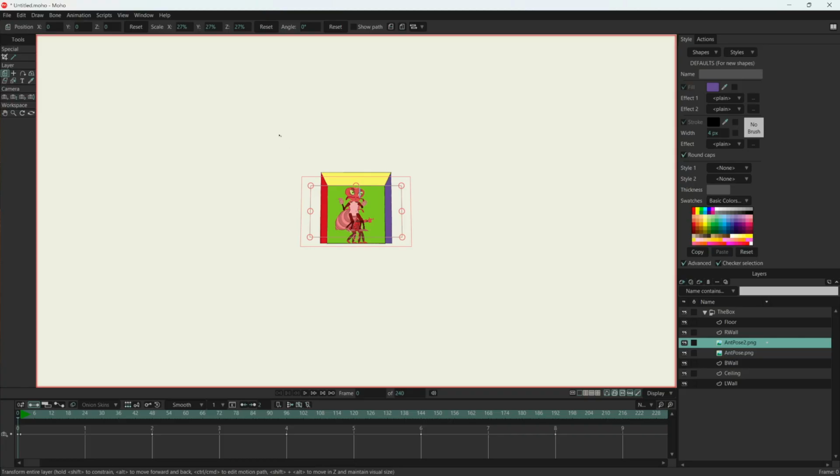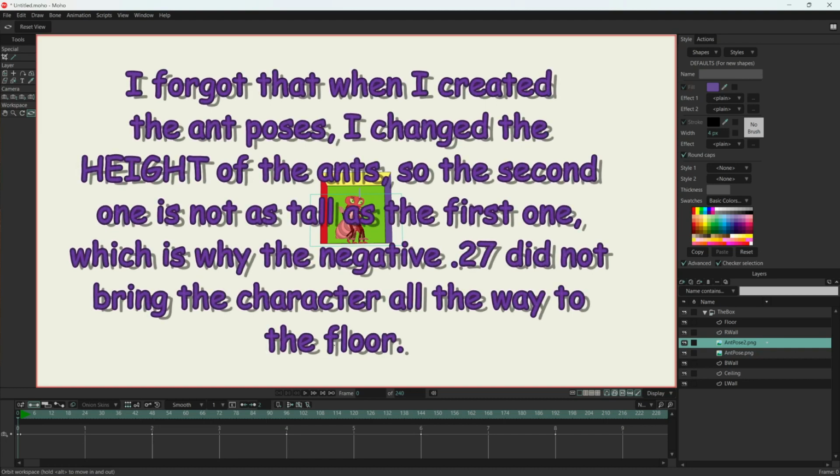And now we should be able to drop it down minus 0.27. He should be on the floor,